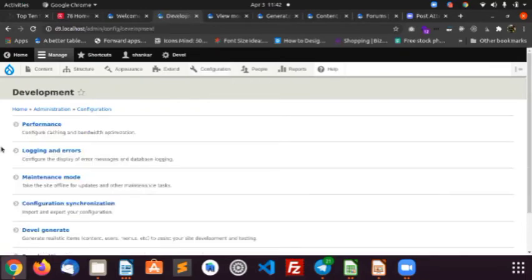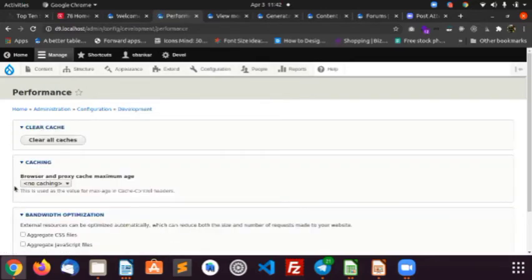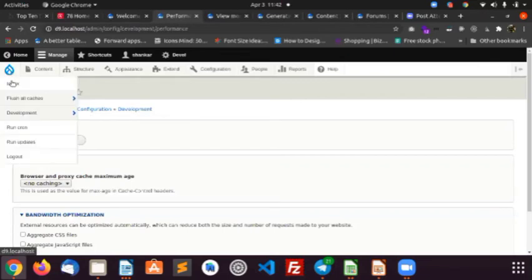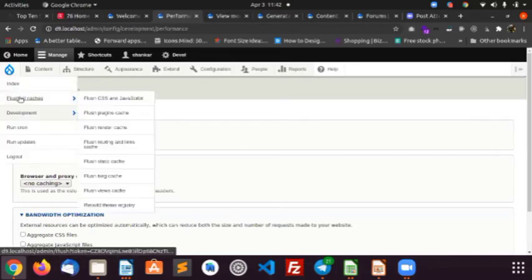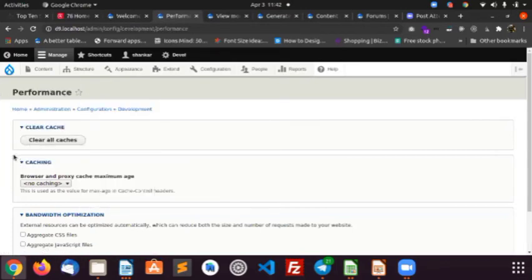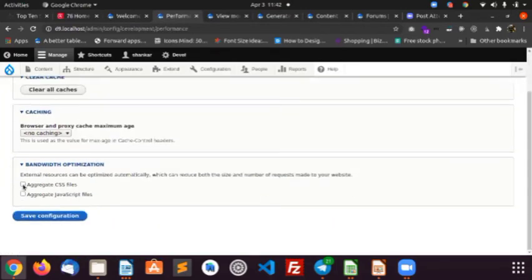So this performance, I'll click on it. We have a clear all caches option. That is where we navigated to the all caches. Both are the same. This flush all caches button does the same thing. This is the aggregation part.